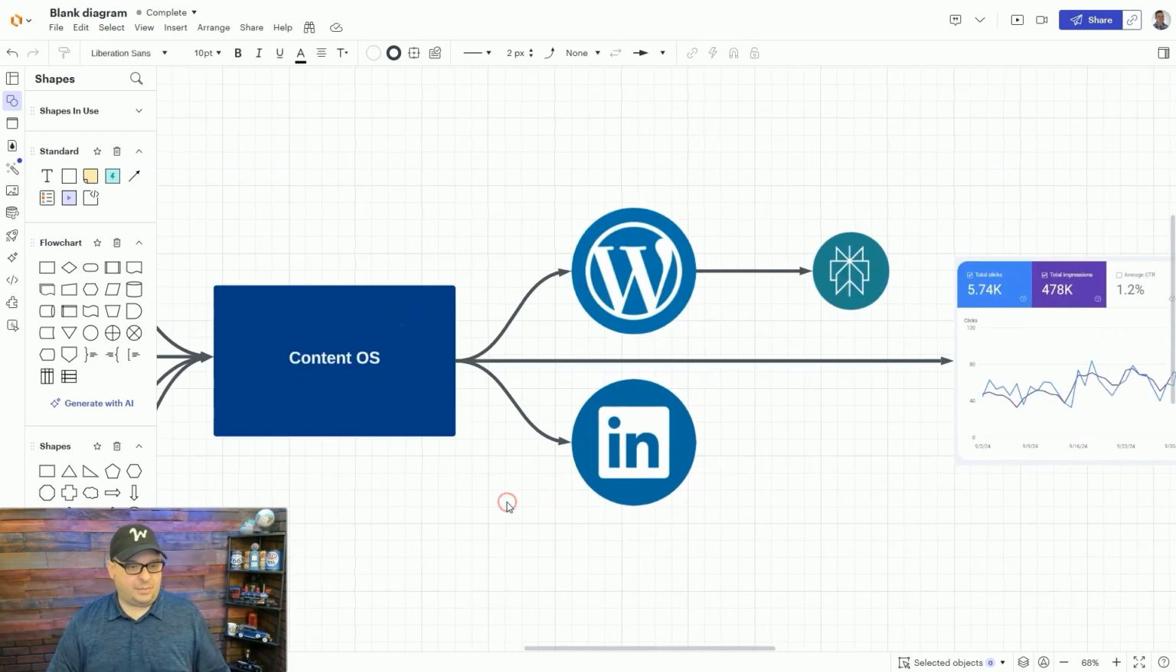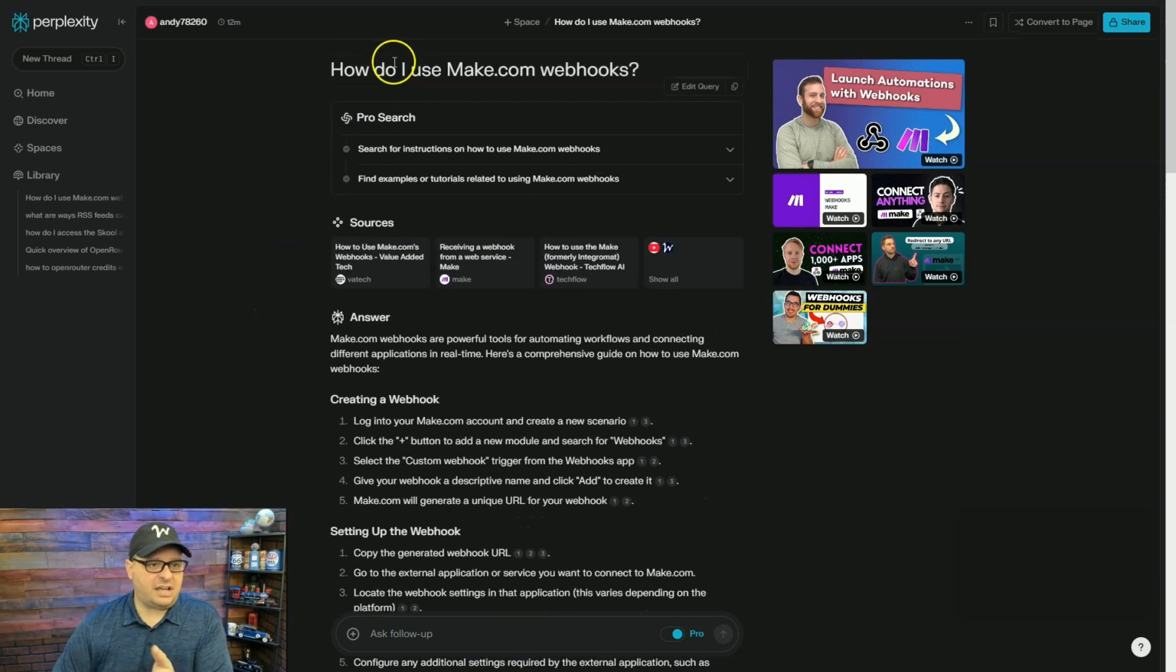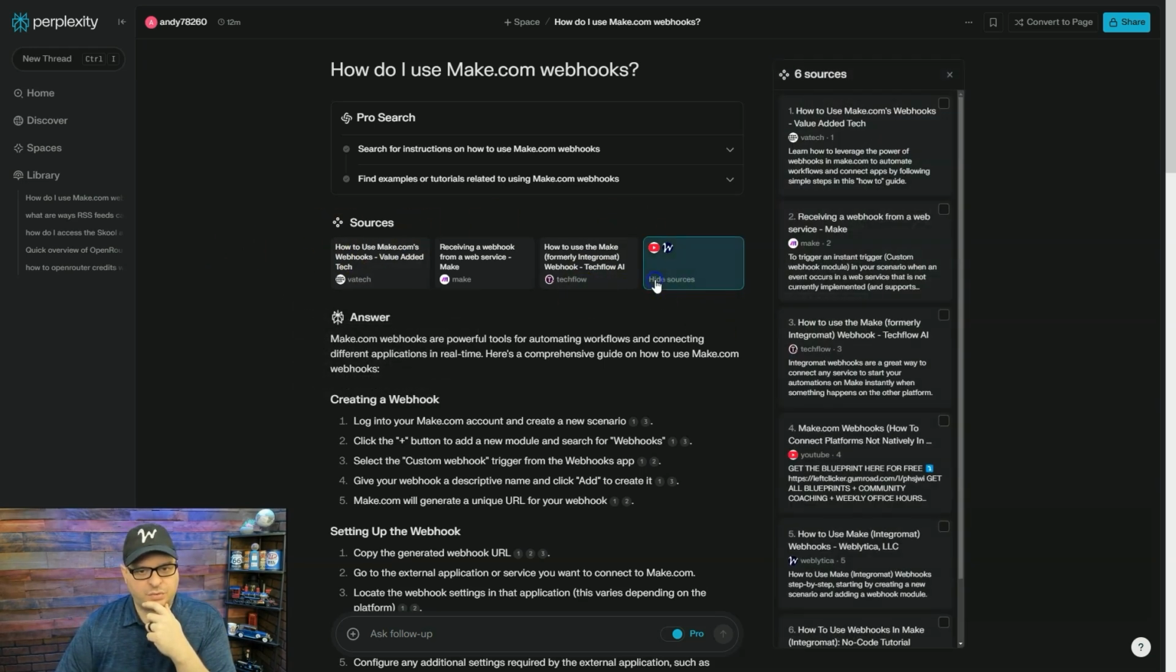Right now I'm outputting to WordPress posts and LinkedIn posts to my WordPress site, and I've got a Perplexity icon here, and I want to show you something cool. So I've gone over to Perplexity and I've done a search, how to use Make.com webhooks. That is a search within my domain and expertise. You can see here are the sources. If we show all sources,